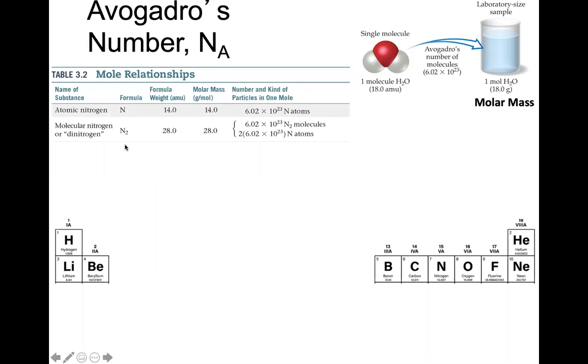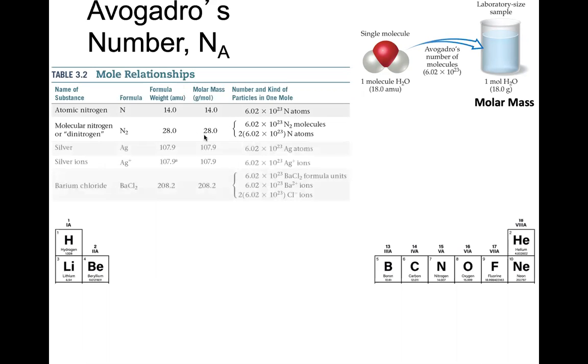This table from the book shows you could think about the mass of a single atom, but if you have a mole's worth, then that mass is in grams. Same thing if you're talking about a molecule. You could have the mass of a single molecule, but if you have a mole's worth, now that mass value is in grams. It works if you're talking about an element like silver. It works if you're talking about an ionic compound. We're going to be using the values on the periodic table as gram amounts all of the time because we're going to be considering mole amounts almost all of the time as well.